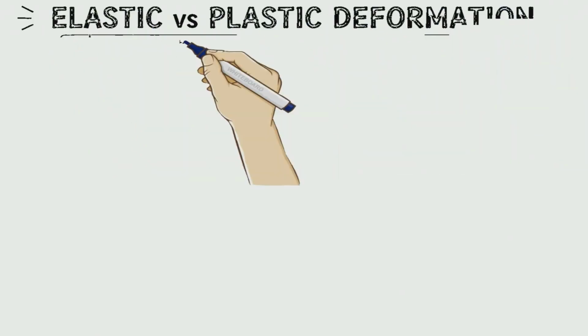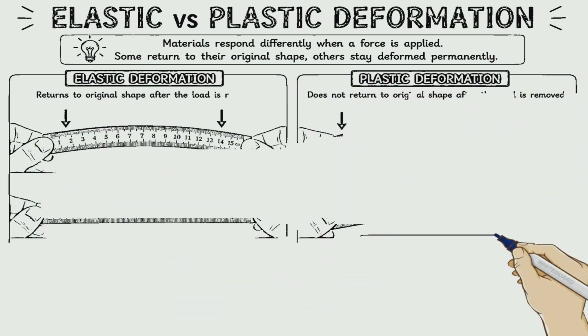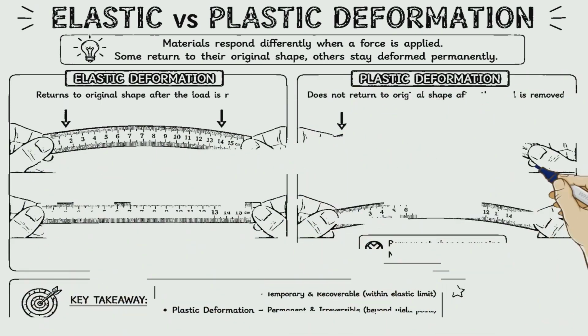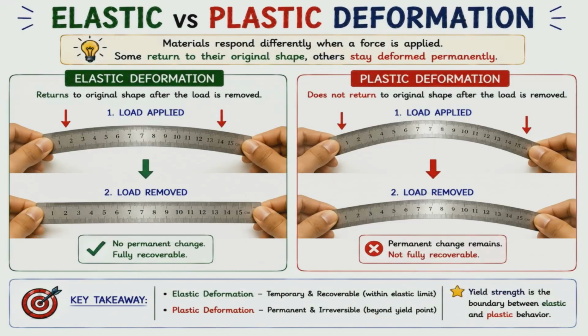When a material is loaded, it deforms. If the material returns to its original shape after the load is removed, the deformation is called elastic. If a permanent change remains, it is called plastic deformation. This difference is fundamental in engineering because most components are designed to operate in the elastic region and avoid permanent